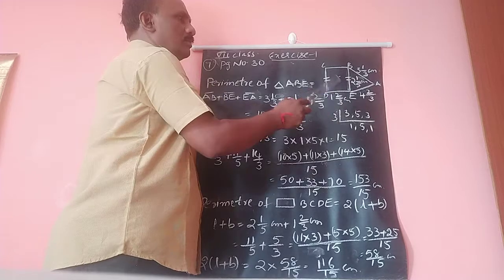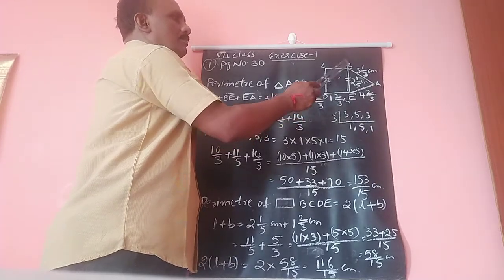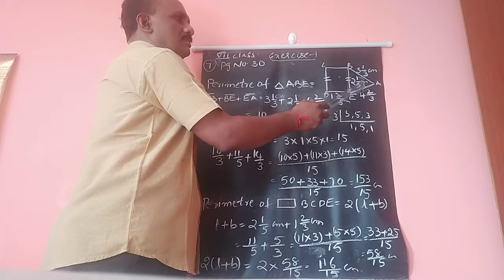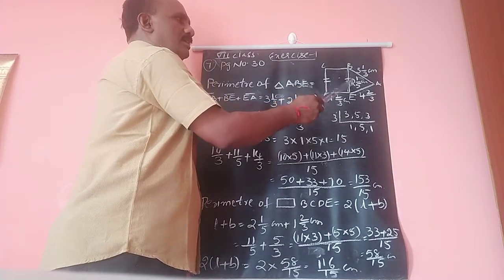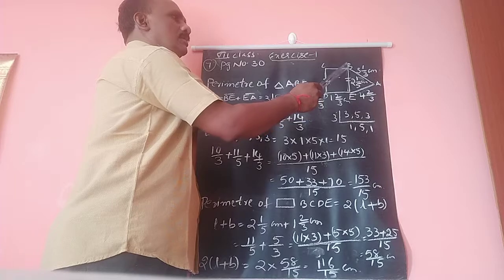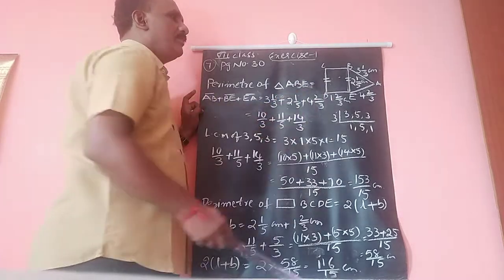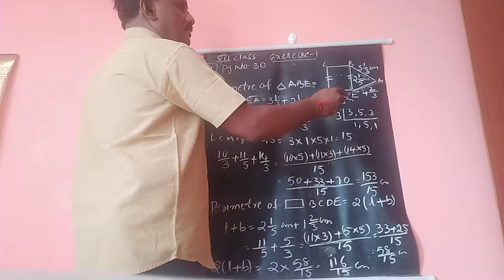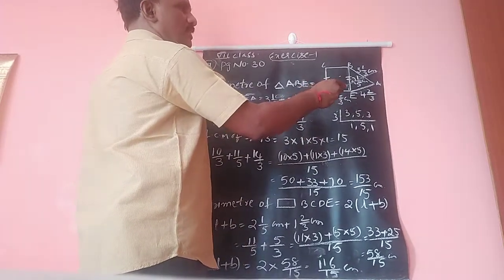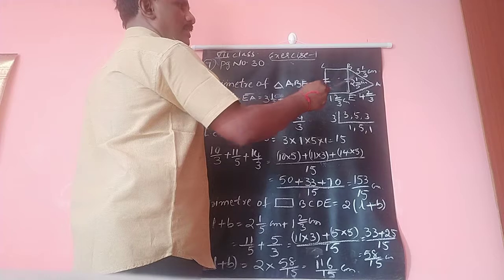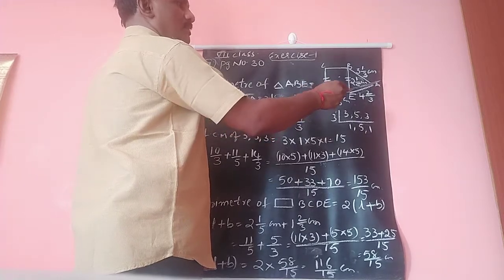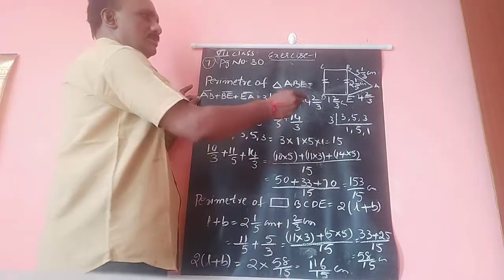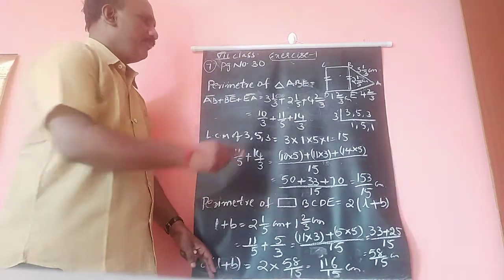The triangle is over the rectangle, and they give the measurements of that triangle, all sides, and one of the sides is also the length of the rectangle, A, B, C, D, E. So AB length is 1 1/3 centimeters, BE length is 2 1/5 centimeters, AE length is 4 2/3 centimeters, DE length is 1 2/3 centimeters. The problem is in your textbook.